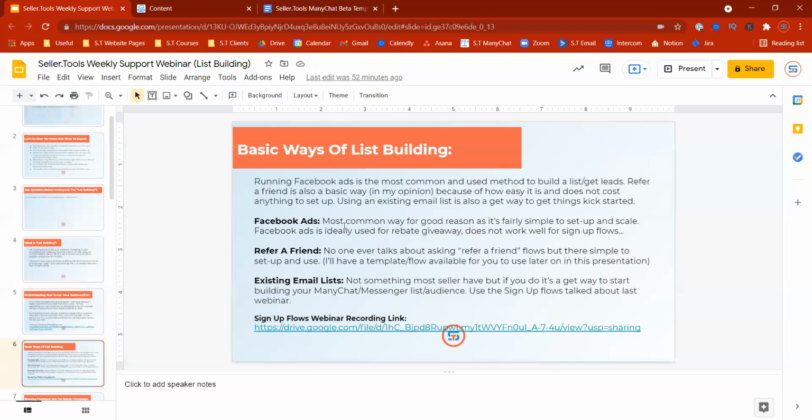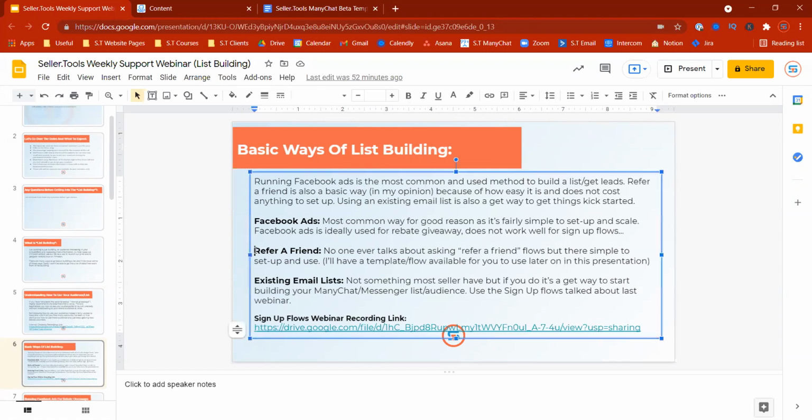Over time, they've been, I would say, less and less effective, but they're still a great way to kick things off. It's not my preferred way of doing things, but again, it's still one of the easier ways of doing things. Now, refer a friend, which I will have templates for afterwards, is essentially